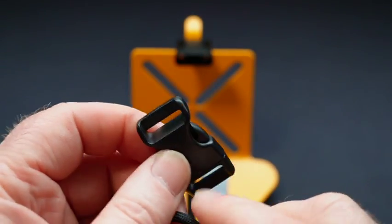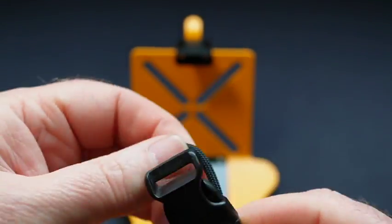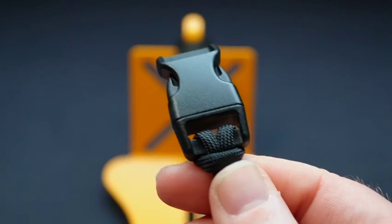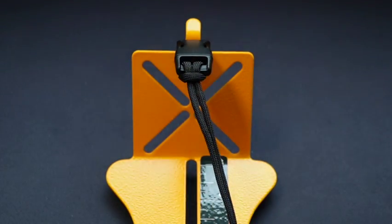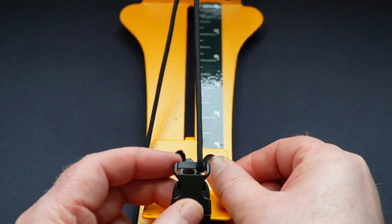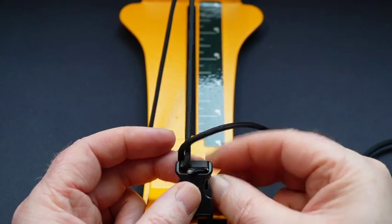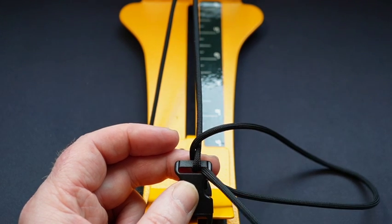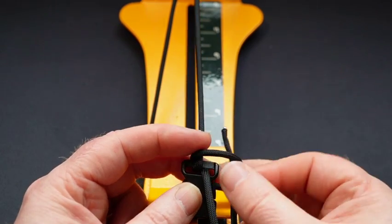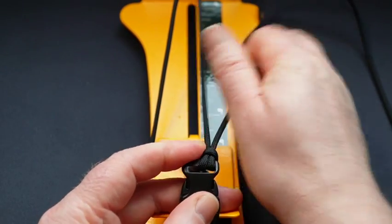So what I'm going to do is get my paracord, shove it down the buckle, and then just flip it over the top like that to make your first cow's hitch. Plug that into the buckle of my jig, and then we're going to go down through the buckle like that. We're going to come up through the bottom like this, and then poke the end through that loop to make the second cow's hitch,